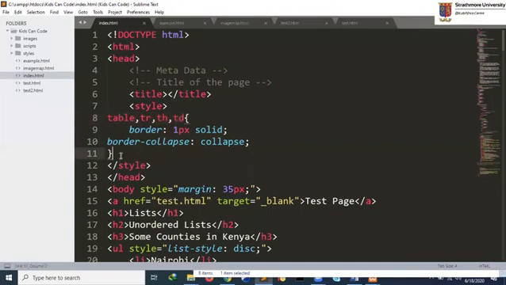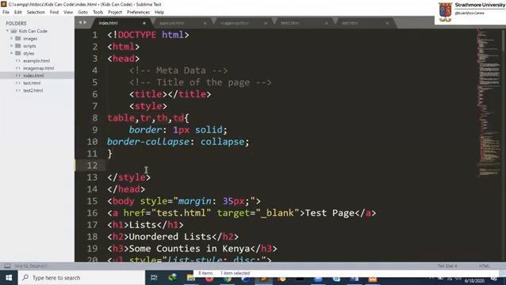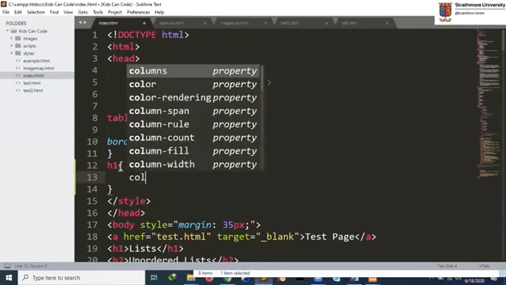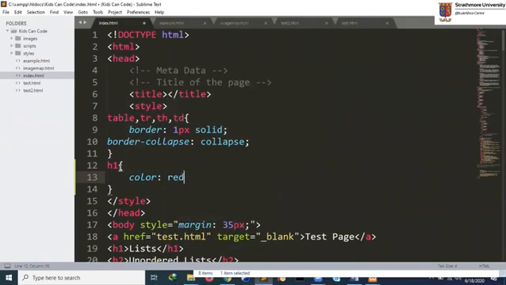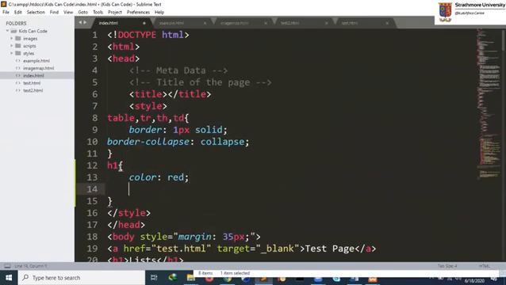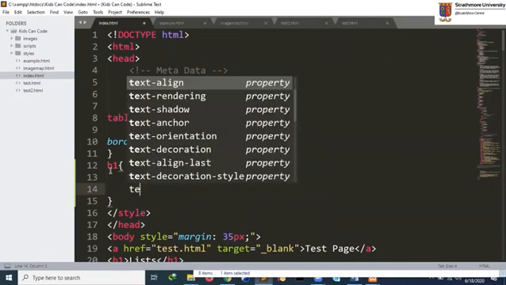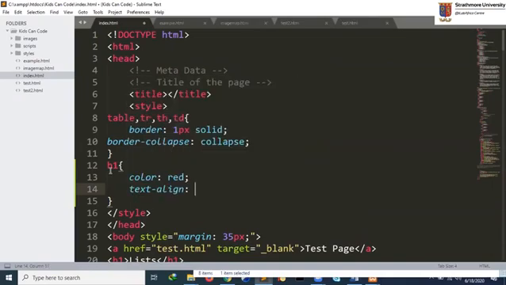Now a style I also want to define here, still within the style tag, is a style for heading 1. So for H1, what I want to define here is to change the color. So I want the color property here to be red. Then probably also I can have text-align, and I can align all the text for heading 1 to center. So that is something I have done on the document. But now this is what we call the